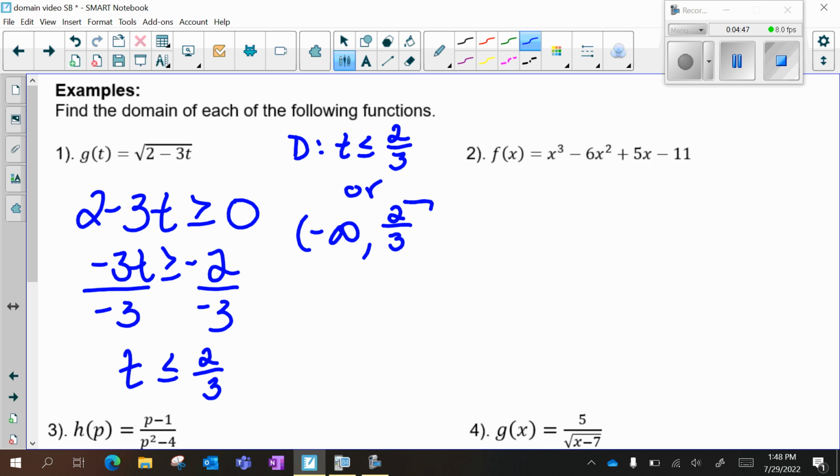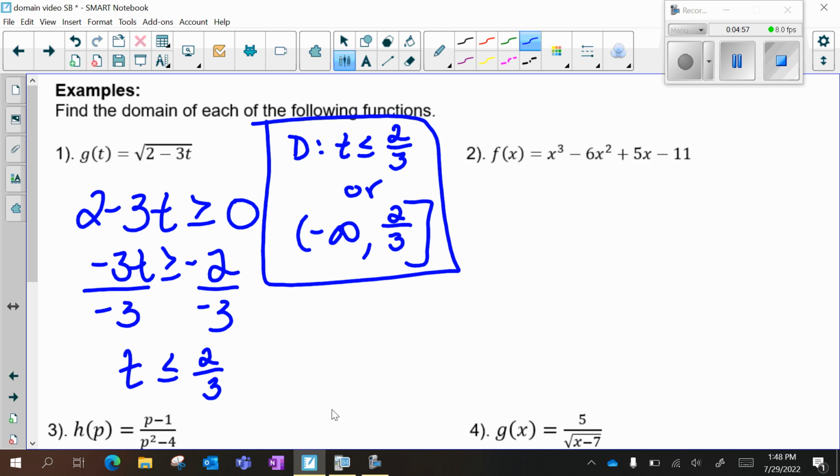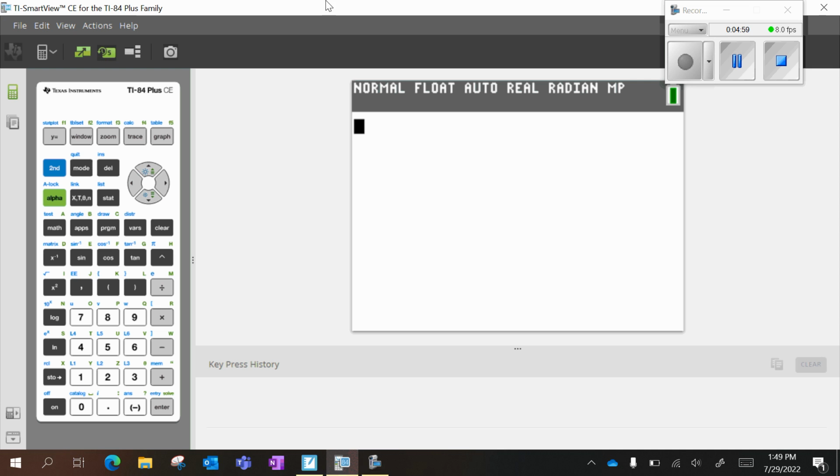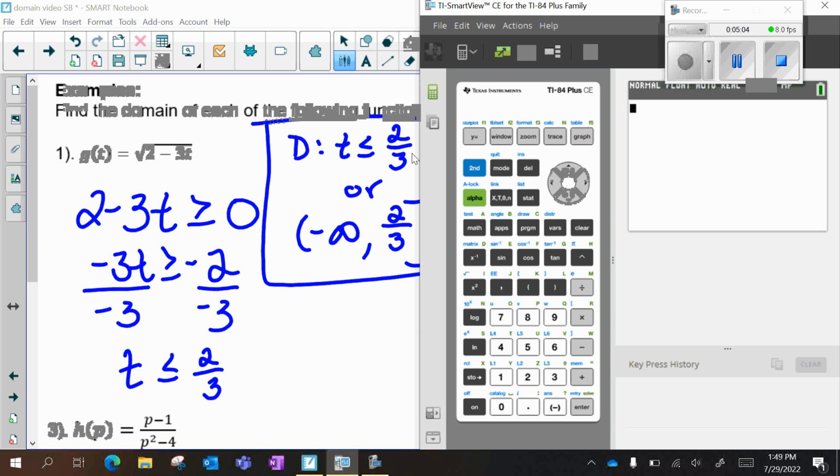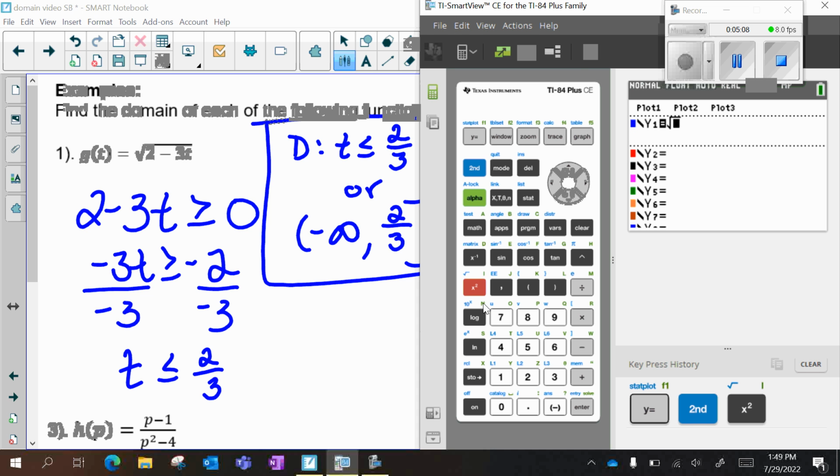And remember, you could look at these on your calculator. If this was a calculator portion, or if you were just studying, you could always check it out there. So I am going to actually show you what that would look like here. So in my y equals, I have the square root of 2 minus 3x. If I hit the graph button,